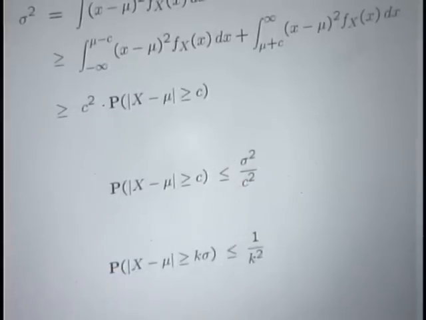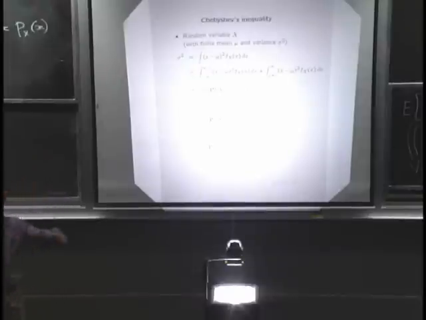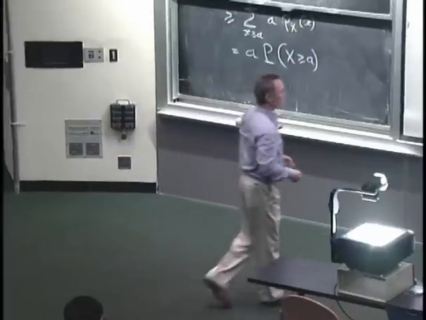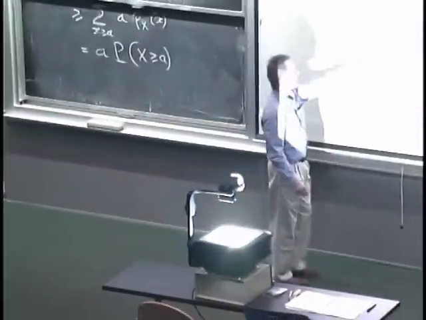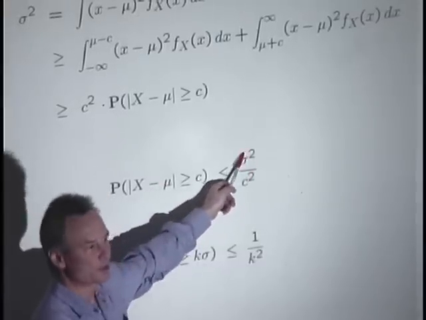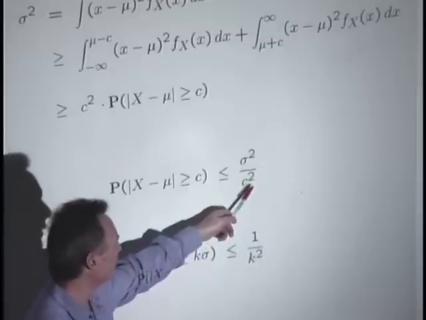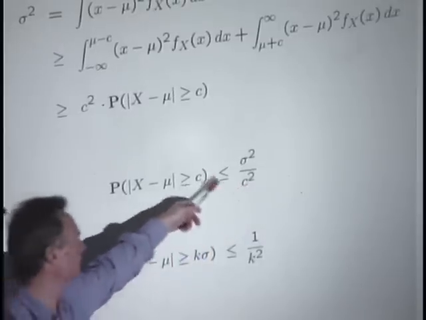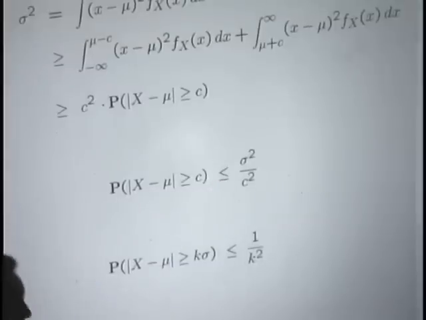Now, this is intuitive. The variance is a measure of the spread of the distribution, how wide it is. It tells us that if the variance is small, the distribution is not very wide, and mathematically this translates to this statement that when the variance is small, the probability of being far away is going to be small. And the further away you're looking, that is, if c is a bigger number, that probability also becomes small.